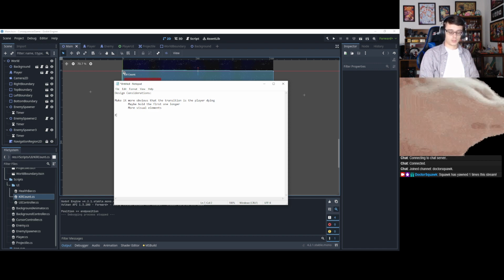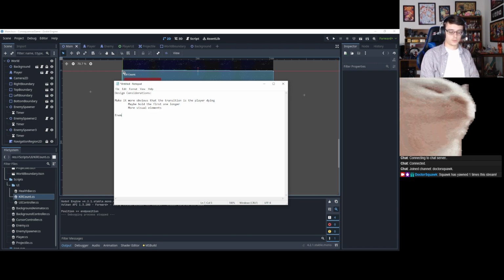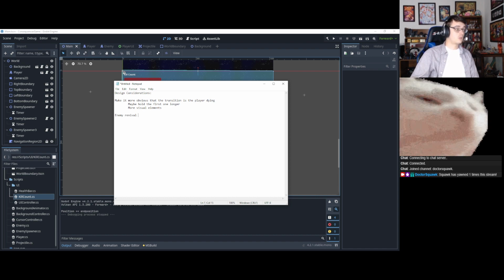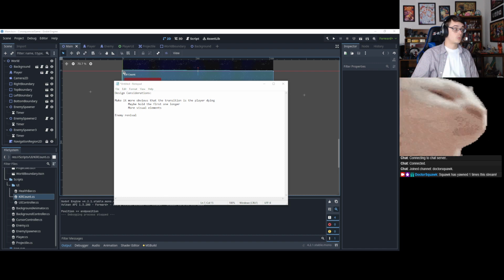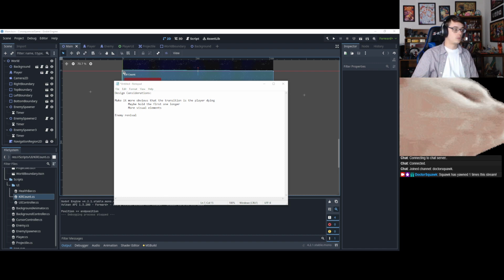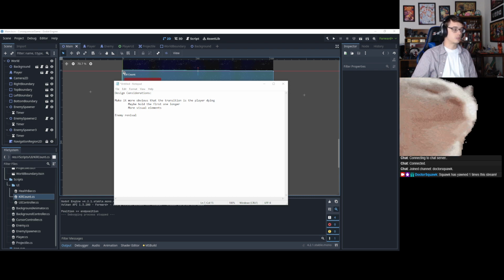Alright, so when designing the enemies, enemy revival. Do we have a card for implement enemy death world transition? Yes, enemy death world transition is the card for that.